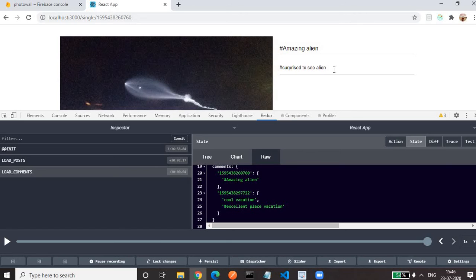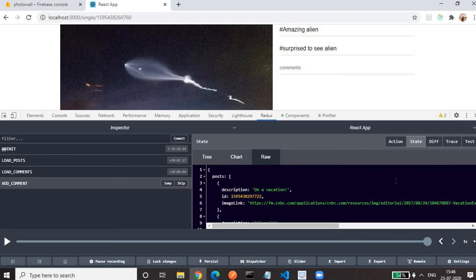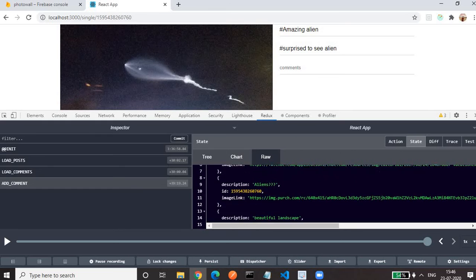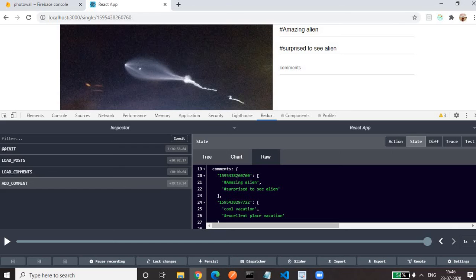Okay, so let's enter. Once we enter, our add comment action gets triggered. Now it will update our comment state for the alien. So alien was earlier having only one entry, now it is having a second entry in the array.